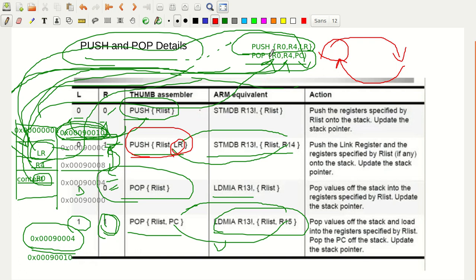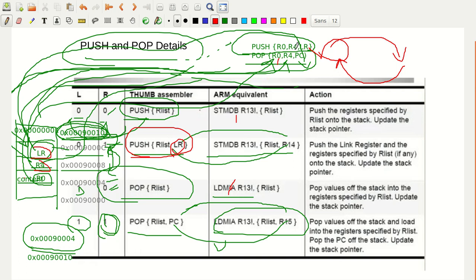So that is how you can understand here. Whenever decrement is there, you take the extreme right, whenever increment is there, you take the extreme left as the first value. So for decrement before, you decrement the address before loading; for increment after, you first load and then increment the address. Whatever I have written here, it is not LR, it is not R4, this is not the register.